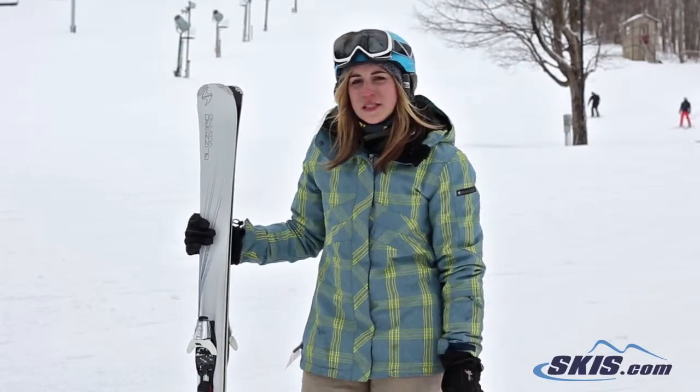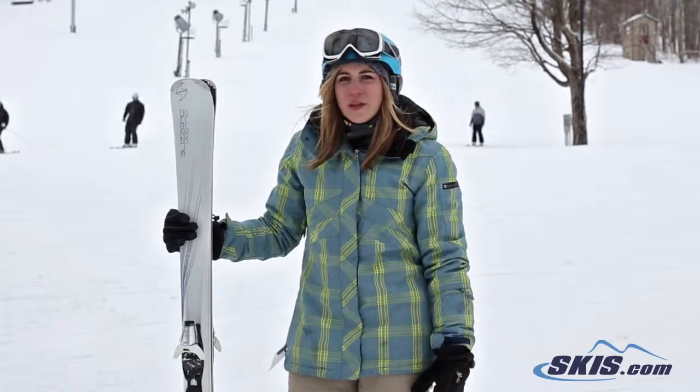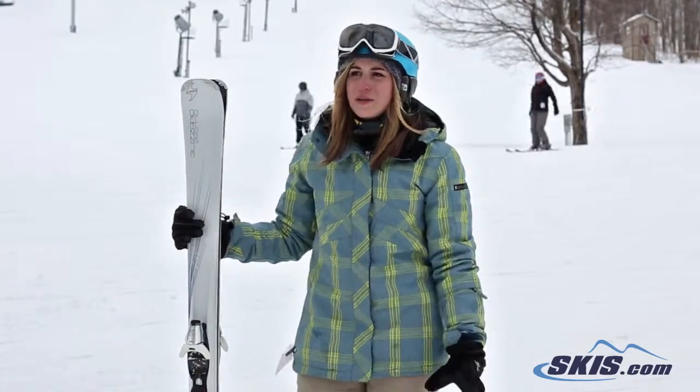Here, I just got off the Blizzard Viva 7.7s. I would give these skis a 3 out of 5. They are an intermediate to advanced ski. So if you're looking for something to push you around and be able to get on edge, these will absolutely